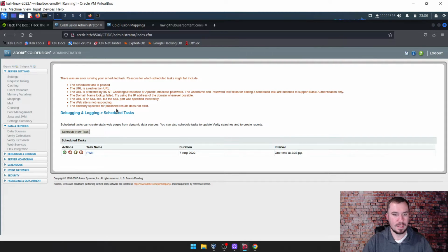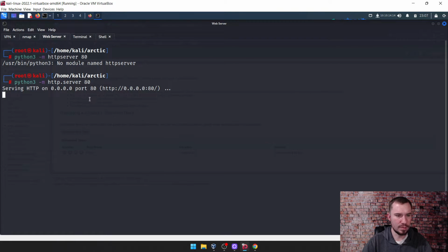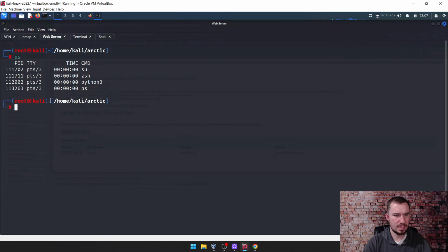Oh, okay. So we got an error. The username password text are for editing a scheduled task, blah, blah, blah. The domain night side, try using the IP. Okay, interesting. So our task failed. I'm just going to open this up. Let's see our web server. So something is going weird with our IP, I think. So let's go ahead and look at processes, and let's kill